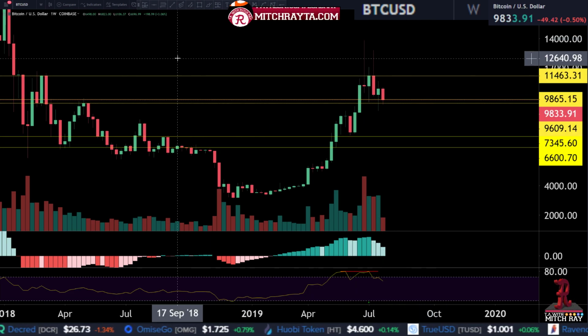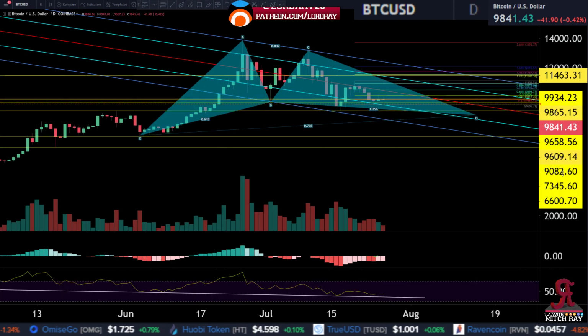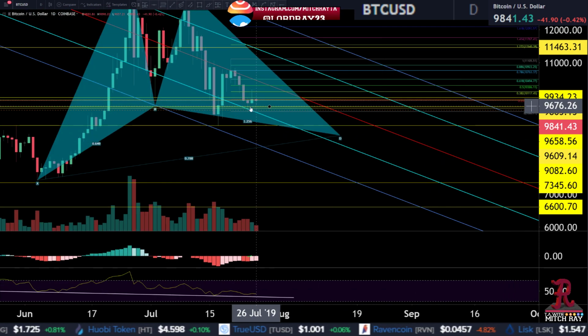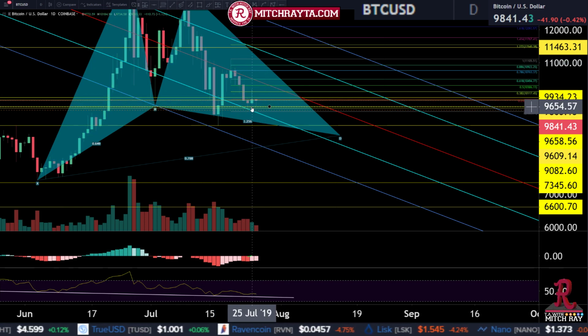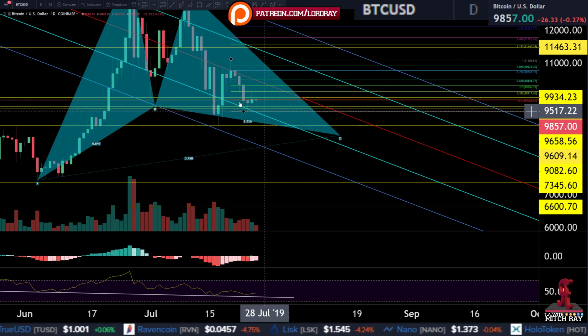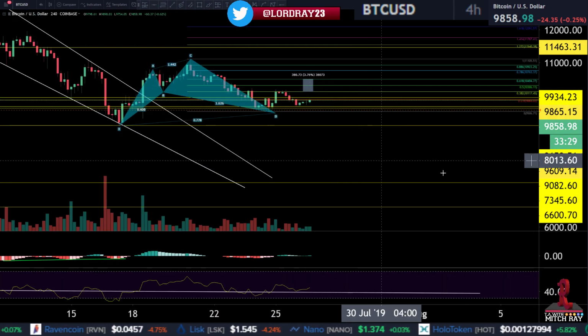All right, go to the daily. Daily is just showing indecision after indecision after indecision, right? You have your impulse down and you just go sideways and it's slightly upsloping, so one would argue it's potentially a bearish consolidation. But when you go to the 4 hour,